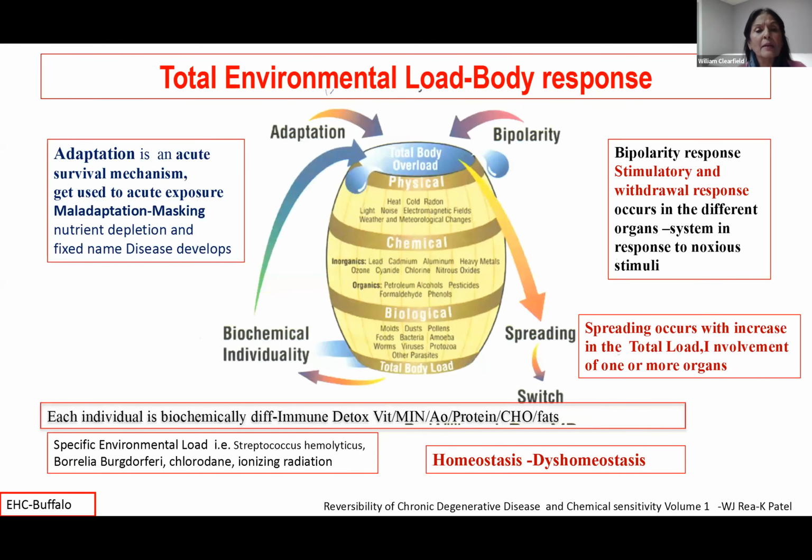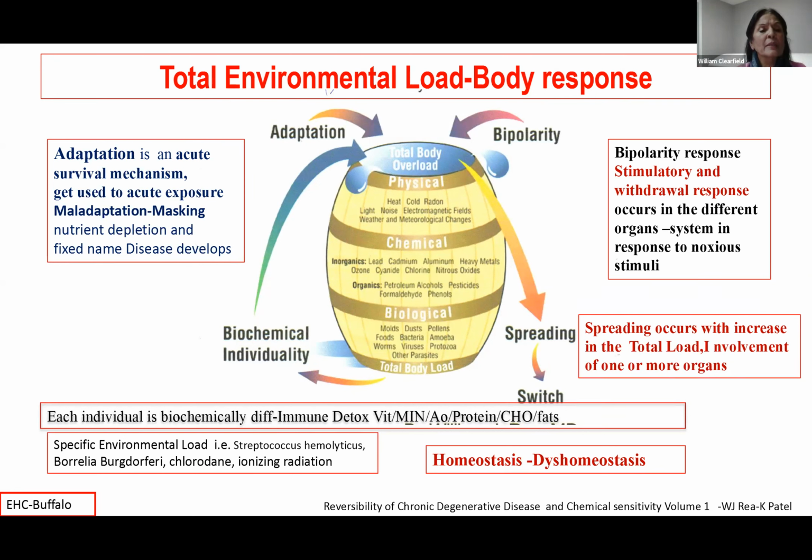So how does the body respond to total environmental body load? There are many different mechanisms. The ones are adaptation, bipolarity, spreading, switch, and biochemical individuality. Adaptation is an acute survival mechanism. It is the body's way to get used to acute exposure. However, ongoing exposure results in